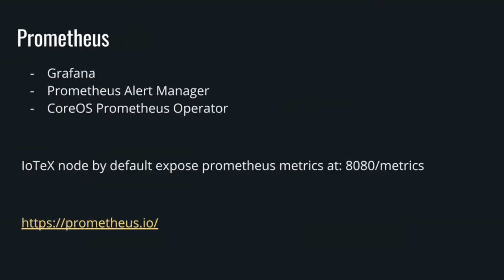So for Prometheus, there are three more major components. One is a dashboard, which Larry already showed you, the Qevan dashboard, and another is the Prometheus Alert Manager, which you can use to manage all the alerts from the metrics you generate. And in Kubernetes, we use a tool from CoreOS called Prometheus Operator, a Kubernetes operator tool that helps you generate configuration and alerts in Kubernetes style, so you don't need to deal with all the Prometheus